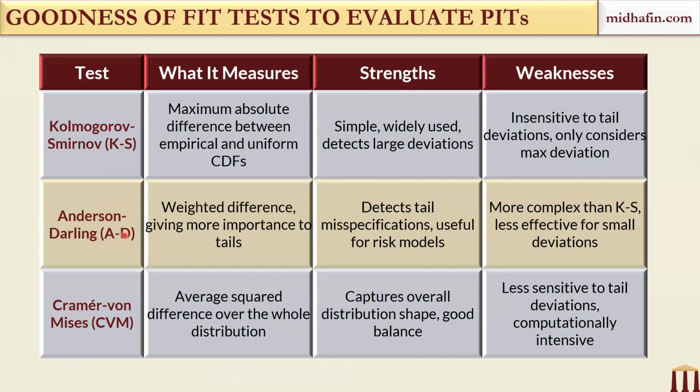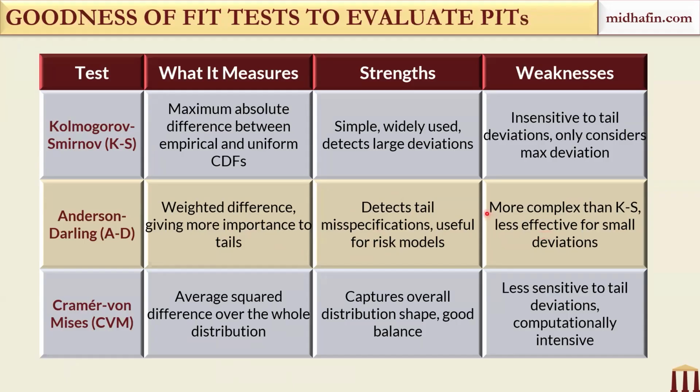Then we have the Anderson-Darling, AD, test. This one improves on the KS by applying more weight on the tails. This is important, as I said, for risk management, where we care deeply about the extreme losses. So it's better at spotting misspecifications in the tails, making it especially useful for financial risk models. And it is more complex than the KS, and it still may miss some small systematic deviations in other parts